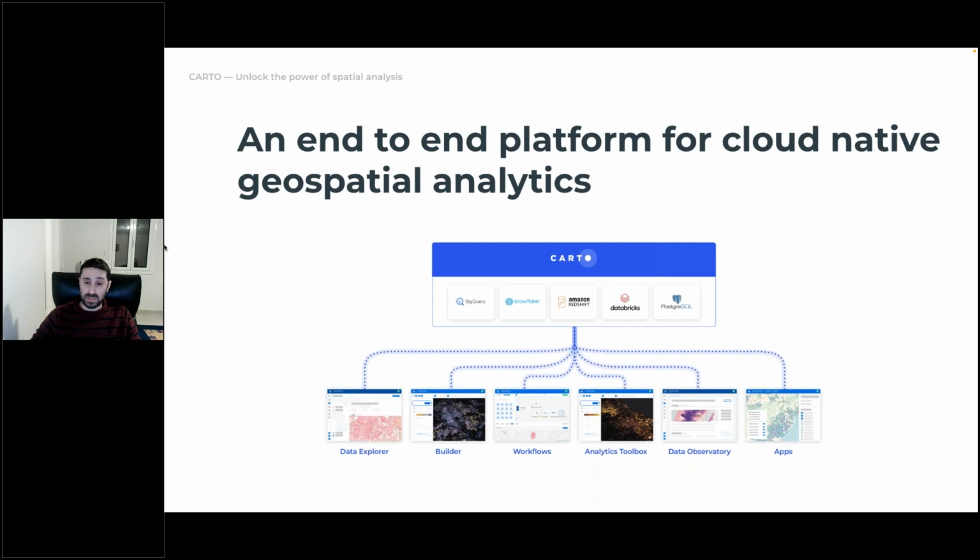And the Analytics Toolbox, a set of functions to enhance the capabilities of existing data lakes and bring more geospatial functionalities there. The Data Observatory, a huge catalog of geospatial data that you can access through CARTO, and custom applications. CARTO can connect to the major data warehouses: BigQuery, Snowflake, Amazon Redshift, Databricks, and Postgres. We can build connections, and then write and read the data and build maps without having to move your